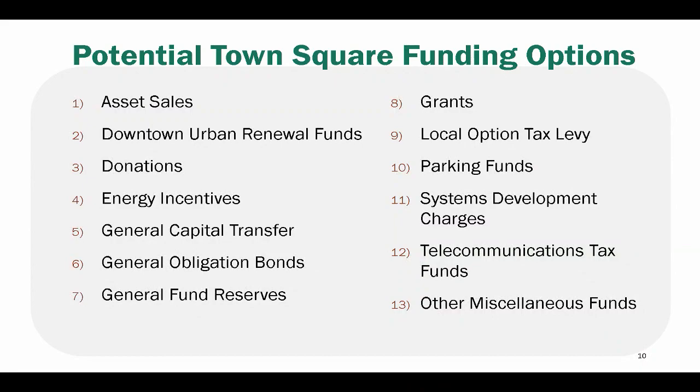The other document you have gives a little more information. The slide here shows many options. Before your February 10th work session, we'll have sent out a document that listed potential funding options. These are the options that, for a project like this, are the typical items that we look at and talk about over time. What I'll talk about here today is just a really high-level, back-of-the-napkin estimate for some of those options. We haven't done a deep dive or analysis, so certainly if you wanted to take a closer look in the future, we would dial in that analysis as we go. I'll just walk through these one at a time.